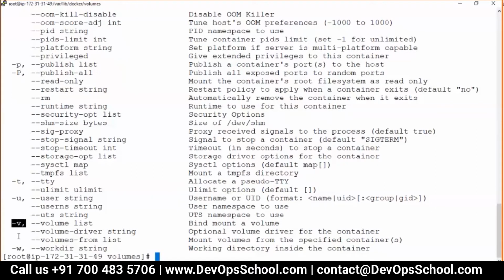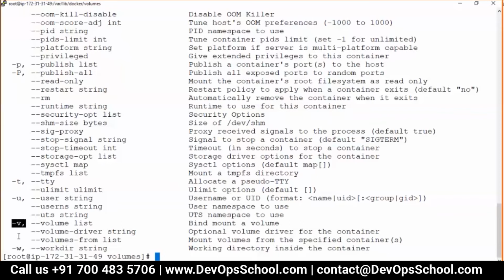So you can do a lot of things during runtime, because you should hard code this statement in your mind. Whatever behavior of the container you want to change, you have to pass it during runtime only.